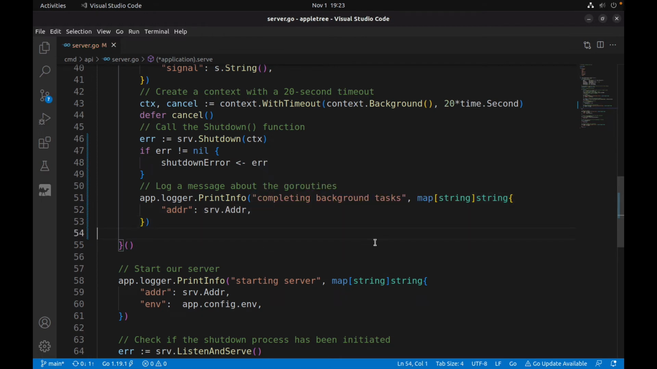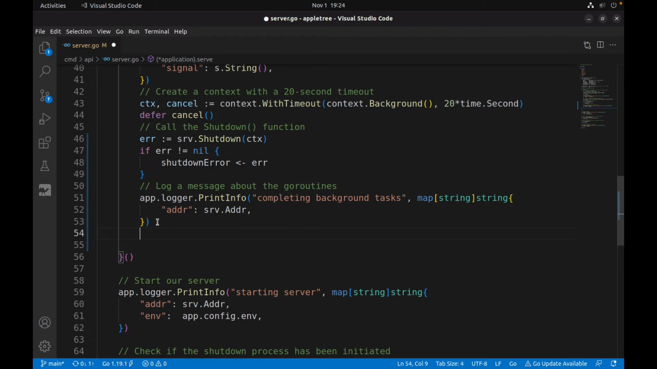Okay. So that is straightforward. That's the message I'm going to display. So when we send to kill the server, then we will simply display "completing background task". Okay. And what I want to do now is to actually wait. So I'm going to say